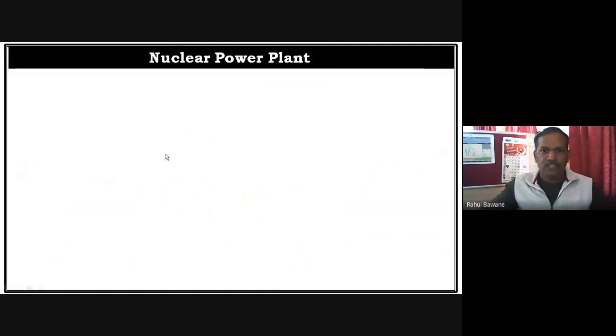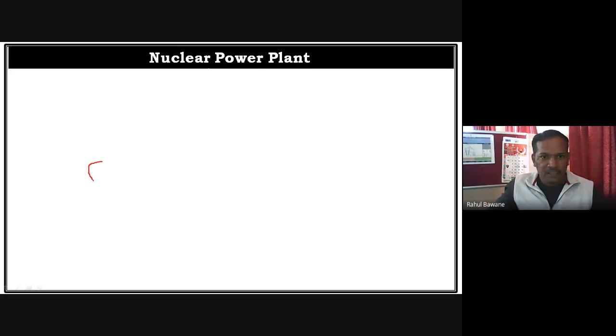So first we are going to check out how a nuclear power plant works. But before that, let me clear some basic ideas of a nuclear power plant. From the name, it is suggested that we are going to use some nuclear fuel, correct? And the most commonly used nuclear fuel is uranium. Especially in India, we normally use thorium and plutonium. So there are a number of nuclear fuels which are used as an energy source in a nuclear power plant. But how does it generate heat energy?